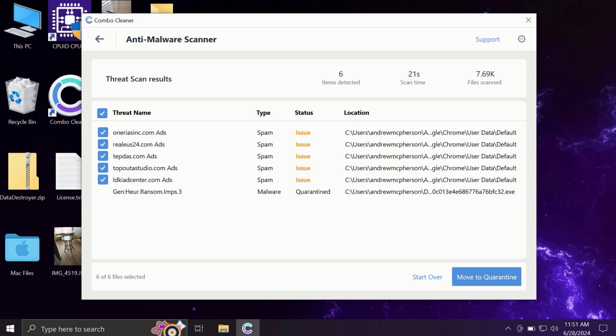At the end of the scanning, you will see the full summary of all the threats that were revealed by Combo Cleaner during the scan. Some threats may be related to the browser-related issues. Some other threats may be associated with more serious threats such as ransomware, adware, or other type of viruses on